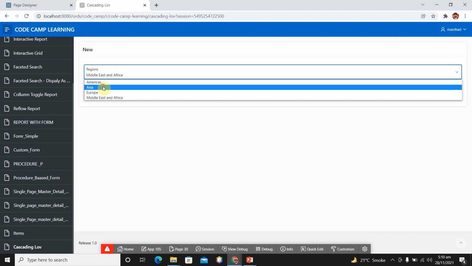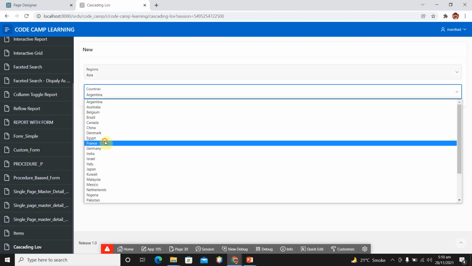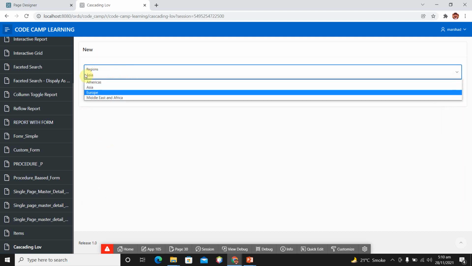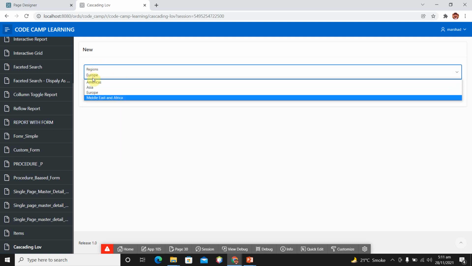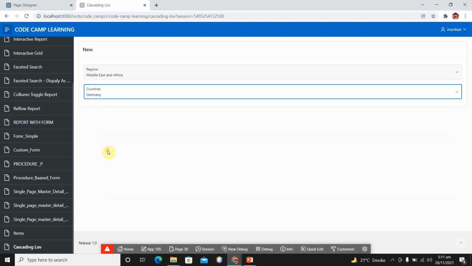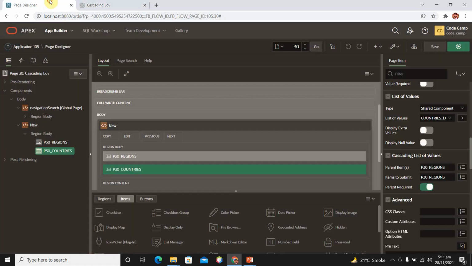So select Asia, then Europe. It is not showing required results. So to get our required results, we need to change the query of our countries shared component.